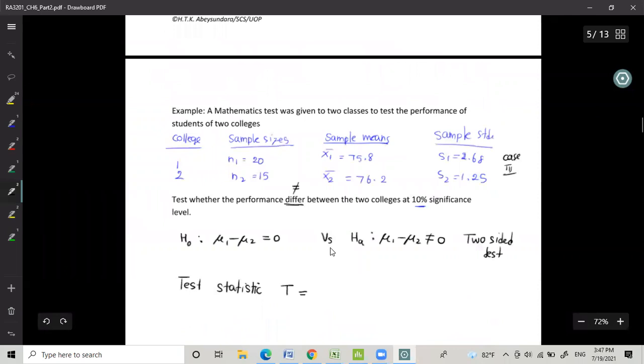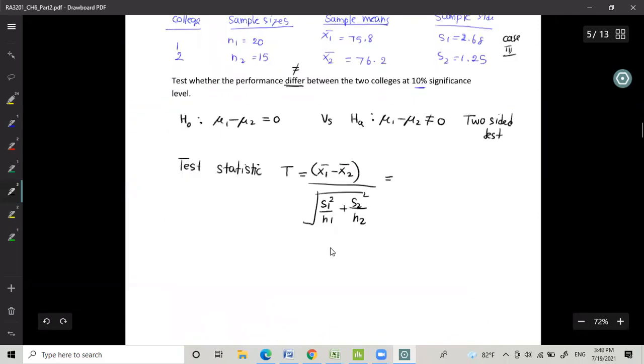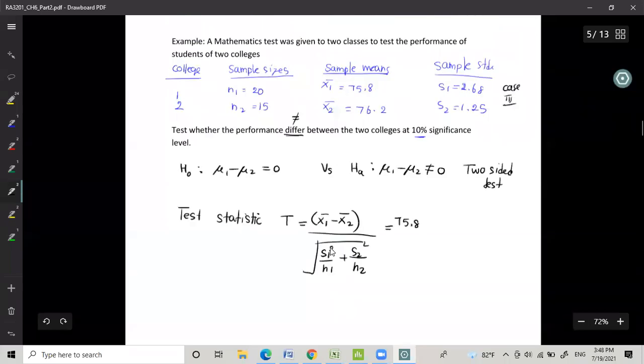It will be x1 bar minus x2 bar, over the square root of s1 square over n1 plus s2 square over n2. Right, so let's find it. 75.8 minus 76.2